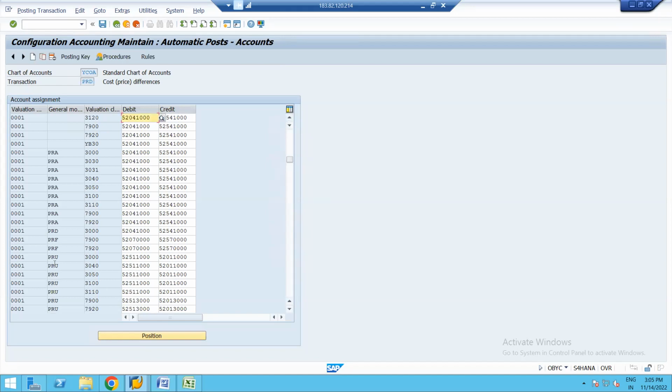This is the PRU. So whenever you are transferring a raw material from one plant to another plant, and if there is a price difference, the system is going to trigger this GL account. Getting the point, guys? And that will happen in the scenario when both the plants are belonging to